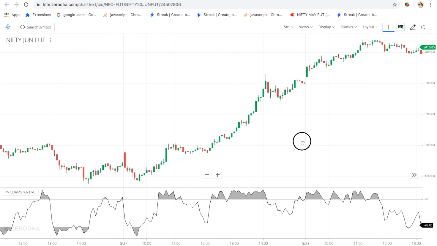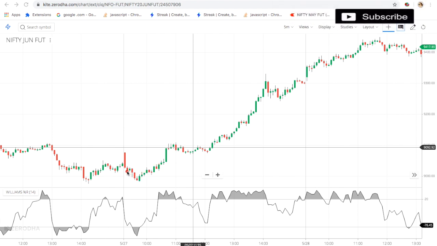See here, we can see it is crossing -20. At this candle, counting 1 2 3 4 5 6 7 8 9 10 11 12 13 14, it is nearly around the high of the previous 14 days. So it measures the high and low of the previous N period. If you take 20 here, it is going to calculate the 20-day high and low and compare. In the same way here, see, we are crossing. At this point it is crossing the previous 14-day high. Again here, it is going to cross the previous 14-day high.